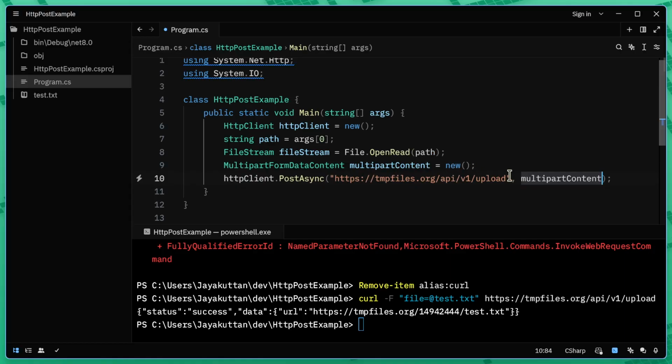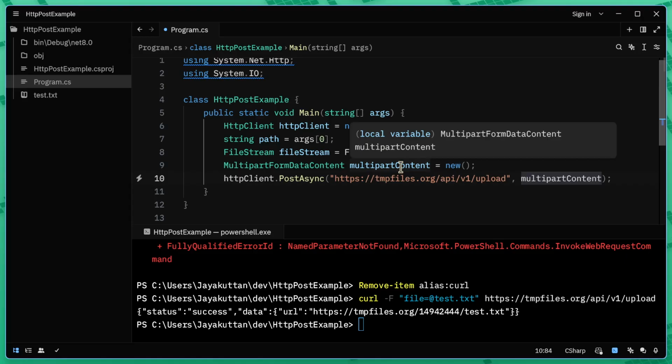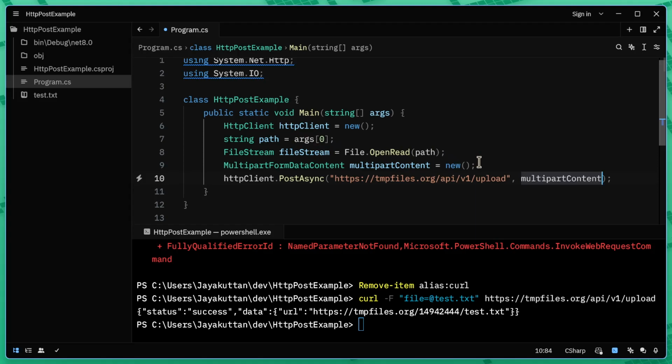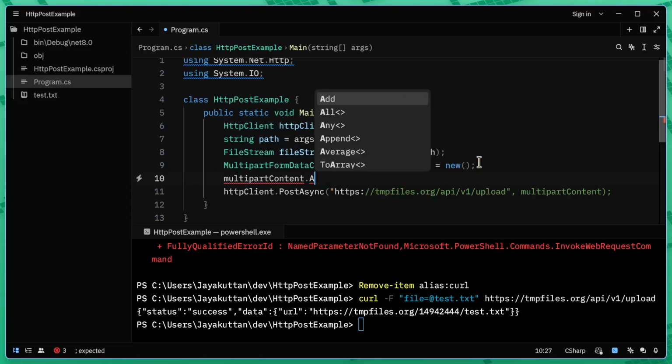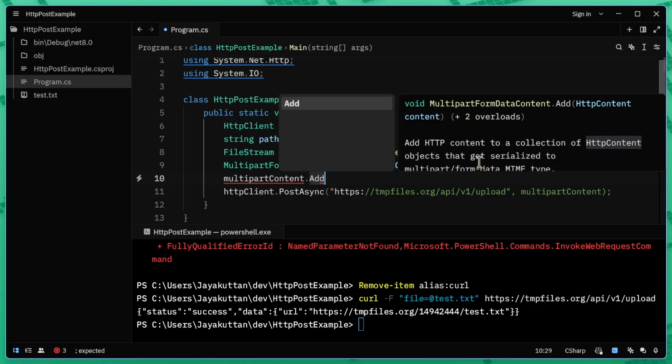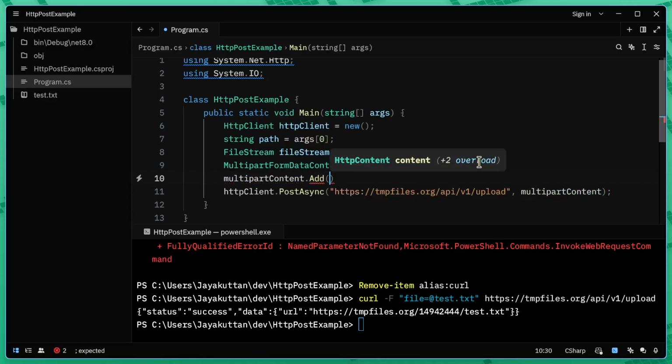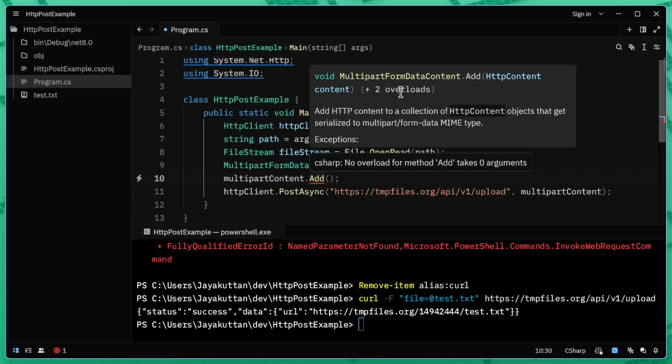But now our multipart content is empty, it does not have the file stream attached to it. So to do that, we are going to create an entry in the multipartContent object. So we'll add, and you add things to your multipartContent using the Add method. And let's see the parameters of the Add command. So we need to add the HttpContent,